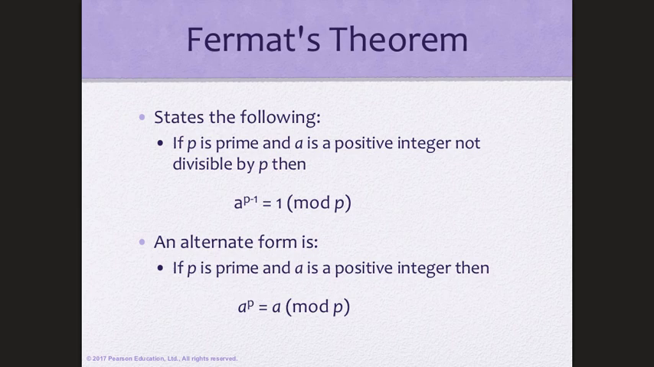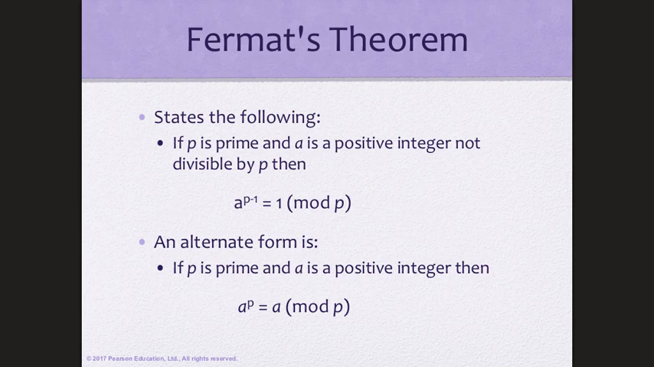So Fermat's little theorem says that if you have P, which is a prime, and A, which is any positive integer, but it's relatively prime to P, right? So A is not divisible by P. You cannot divide A by P, okay? Then you can write this equation and it's correct: A to the power P minus 1 is congruent to 1 mod P, okay? Or if you multiply both sides by A,